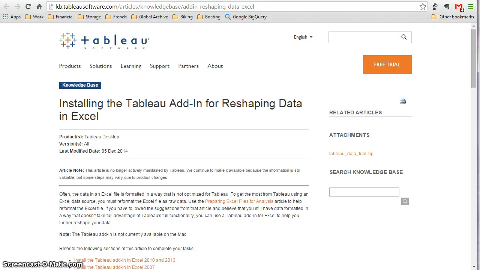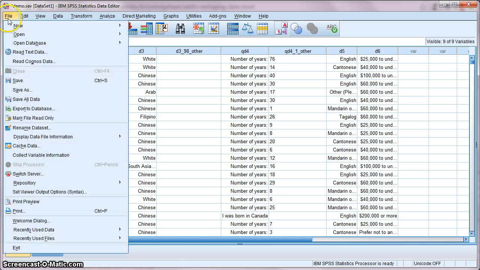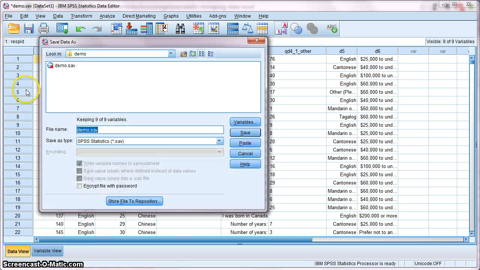The first thing you will need to do is download and install Tableau's plugin for Excel. You will need to download the zip file from this website and then follow the on-screen instructions on how to install it. The next step is to open the SPSS file and save it twice, once with values and once with value labels. To save the file as an Excel file, go to File, click Save As,